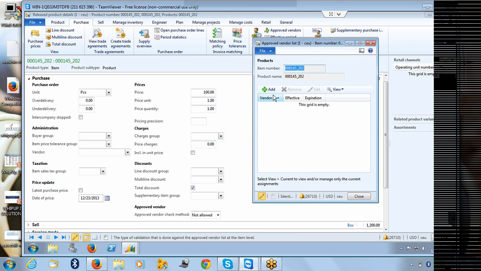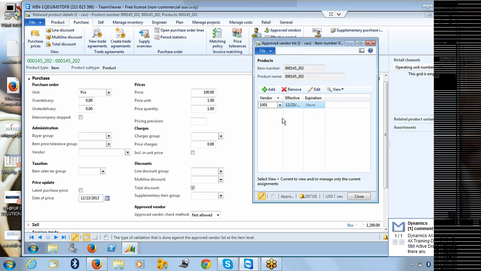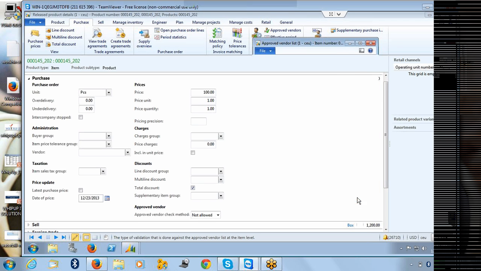For example, if I define this vendor, if it is effective from today, which means only this vendor is allowed to create the purchase order. How can we see that? I will show you. If I say close,